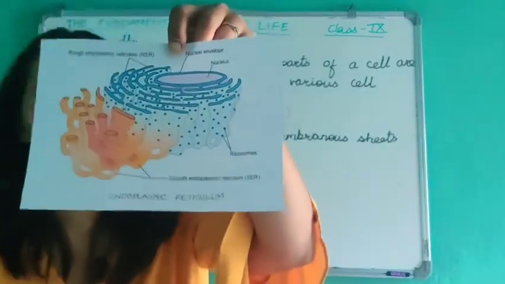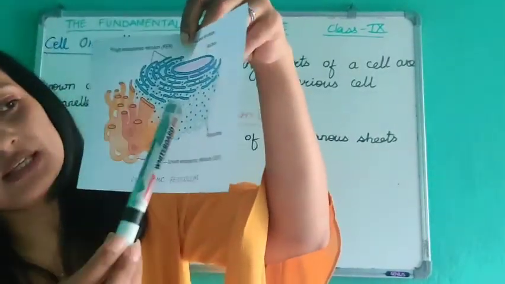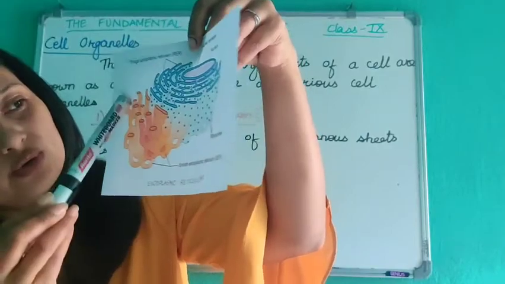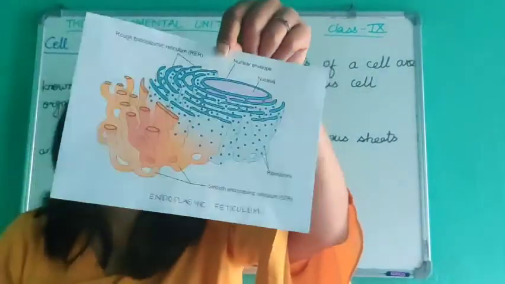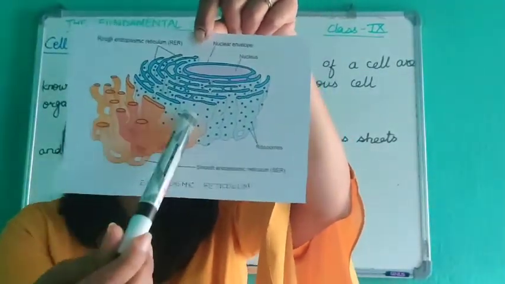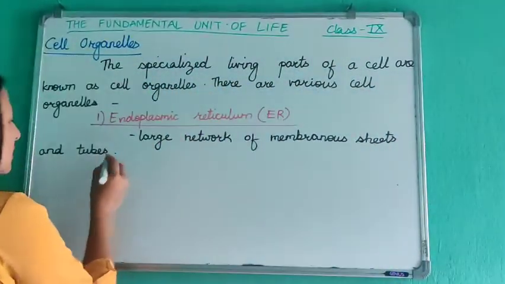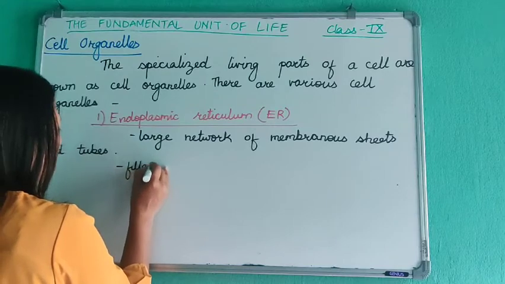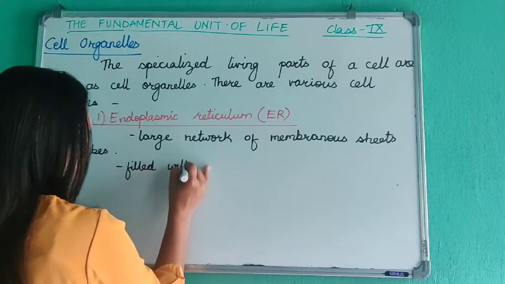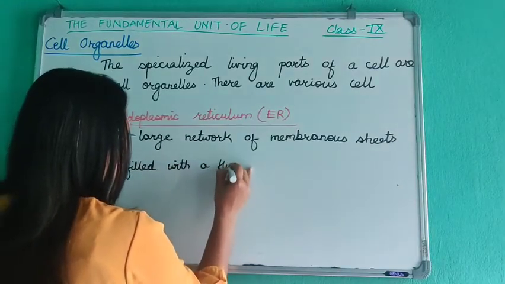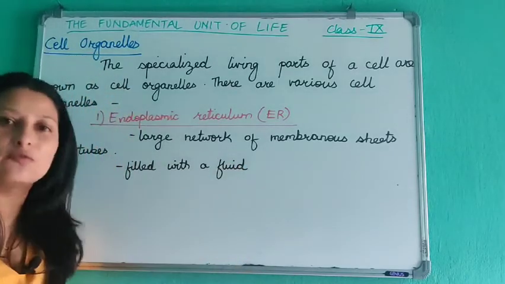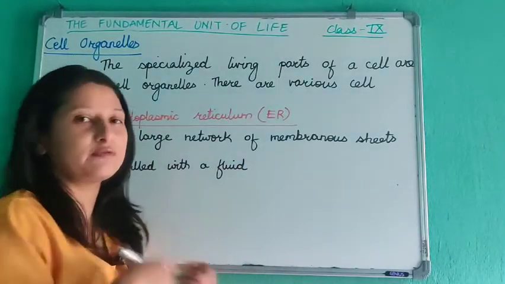This is the picture of endoplasmic reticulum. Now these are the sheets. These are the tubes. Okay, so it is made up of tubes and it is made up of sheets. All right. Now endoplasmic reticulum is filled with a fluid. Fluid is something that can flow. Okay, so it is filled with a fluid